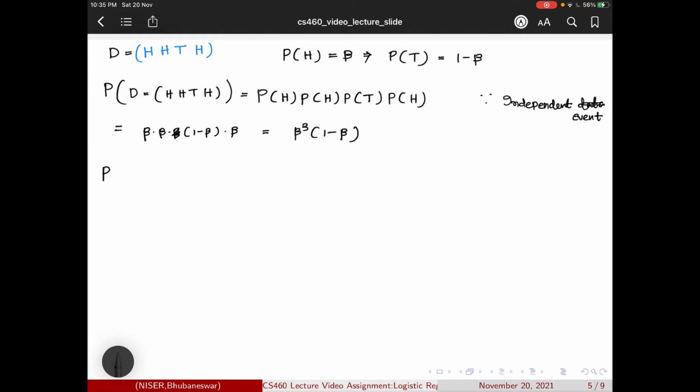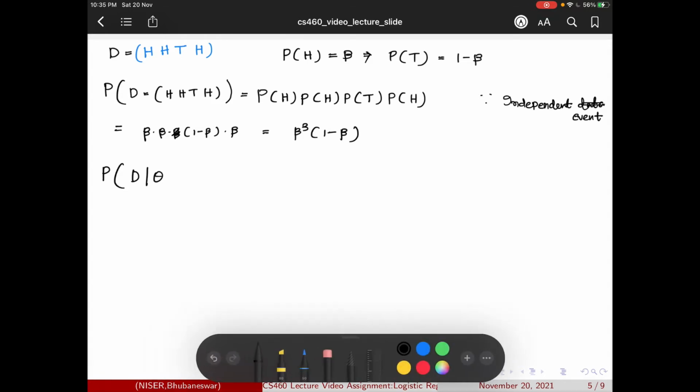So we have calculated that the probability of observing D given the parameter beta for our coin is equal to beta cube into 1 minus beta.